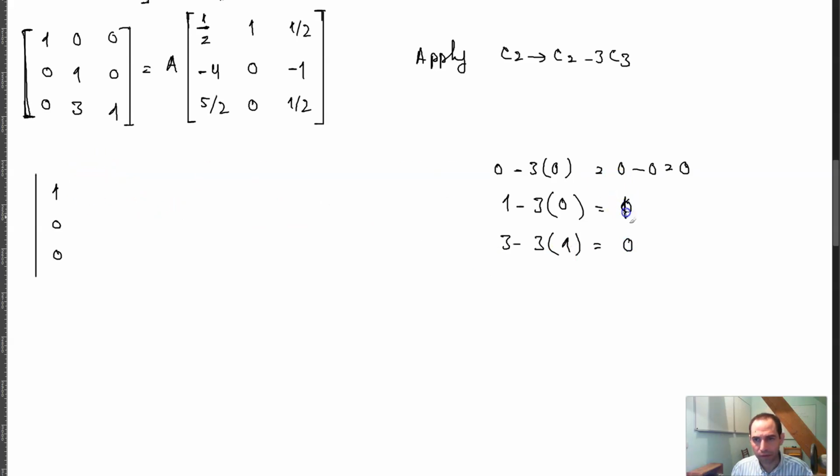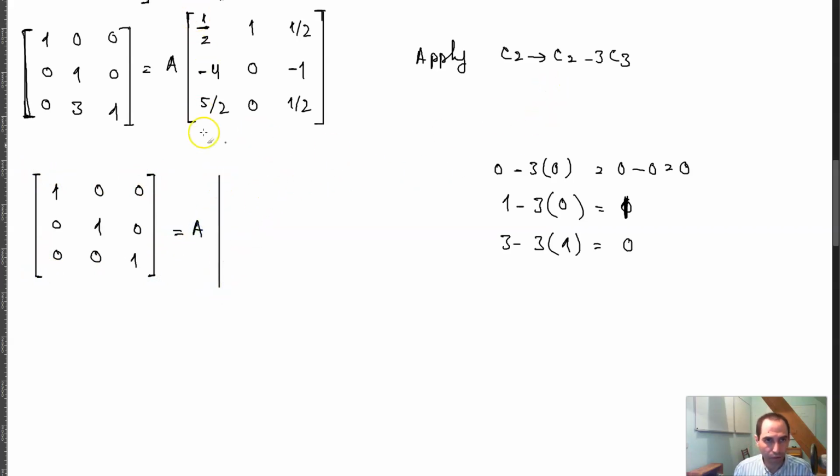Actually, this is 1, I don't know why I'm making a mistake. 0, 1, 0. And then over here, you don't have any changes, so you write this as 0, 0, 1. And that is equal to 8 times